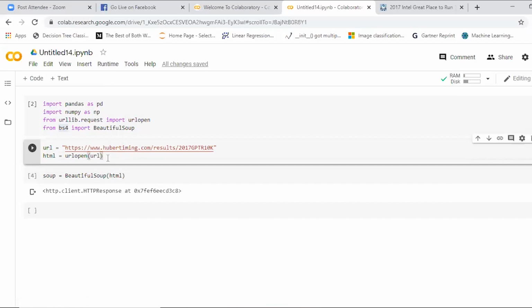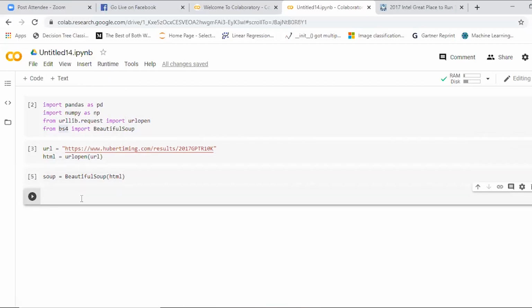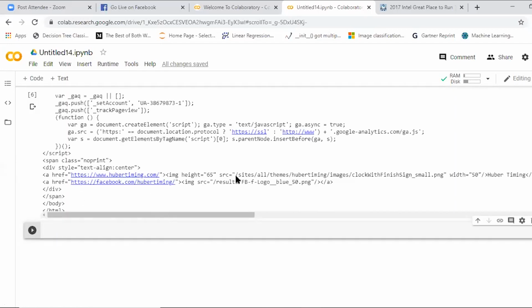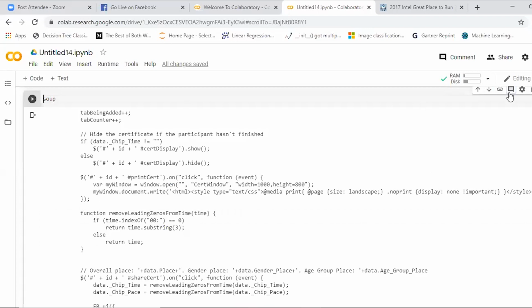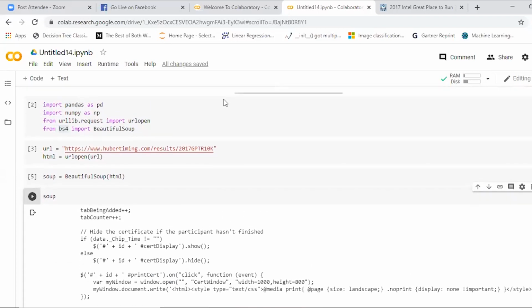You need to press shift enter. Roja, you can directly press shift enter, or you can go for the run option over there. If I directly execute this, see, if I print soup, it is running. I think I'm going a bit slow. Okay. Is everyone clear? First, you are importing the packages.